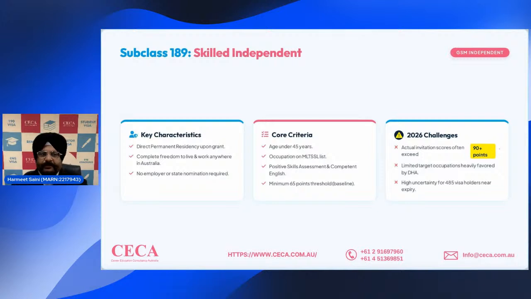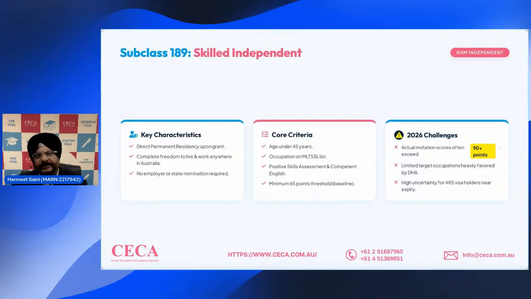It also provides complete freedom to live and work anywhere in Australia, and no employer or state nomination is required. The key criteria for this visa subclass are, first of all, the applicant must be less than 45 years old, and the occupation you are going for has to be on the MLTSSL list. You must have a positive skills assessment and competent English. You have to meet a minimum 65 point threshold, meaning that if you meet a minimum of 65 points, you are eligible to submit an expression of interest for